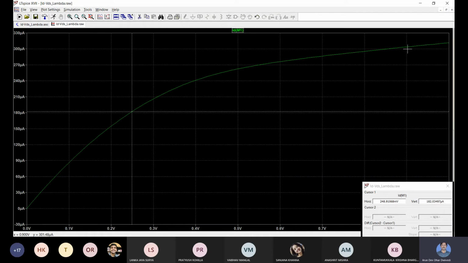Similarly for the CMOS inverter, you can plot the VTC plot and find out the critical voltages VOH, VOL, VIH, VIL, and also the switching threshold, which is basically VDD by 2, and then find out noise margin high and noise margin low, NMH and NML. Noise margin calculation is from the VTC plot, and propagation delay calculation is from the transient characteristics. You have to do these after simulating, then find out those values.